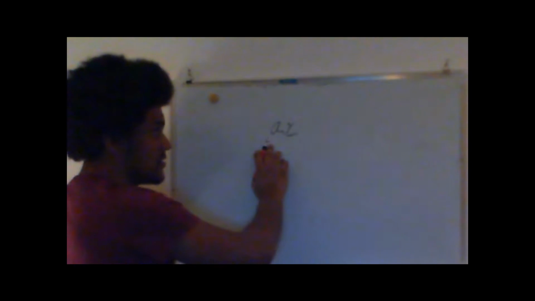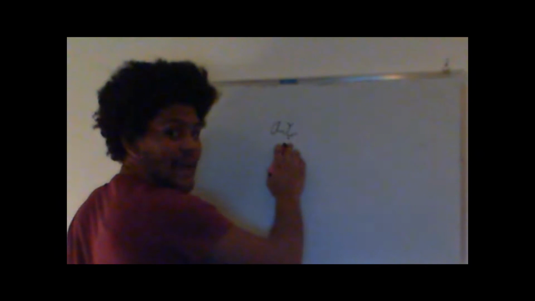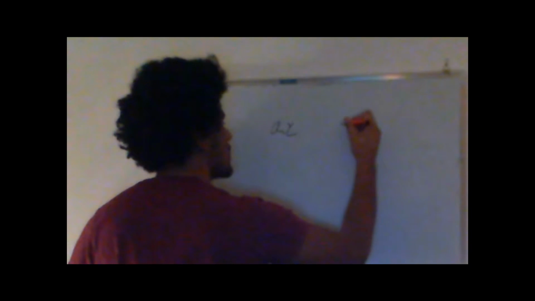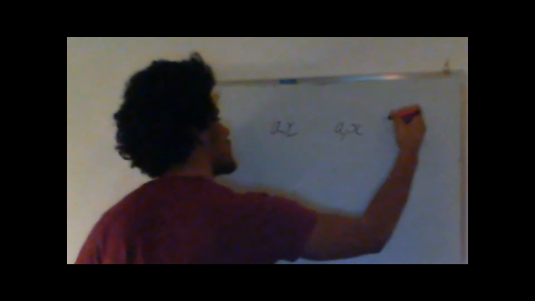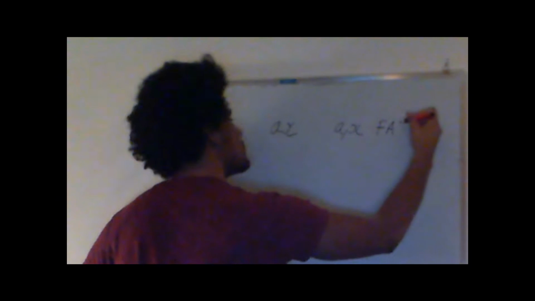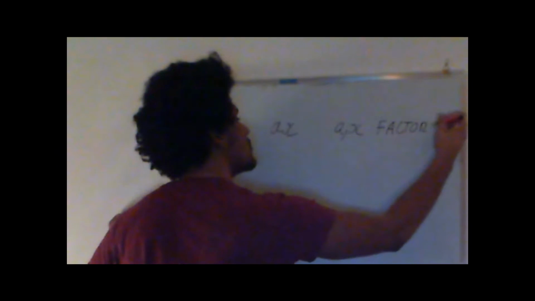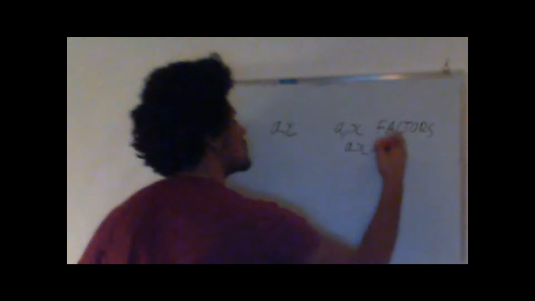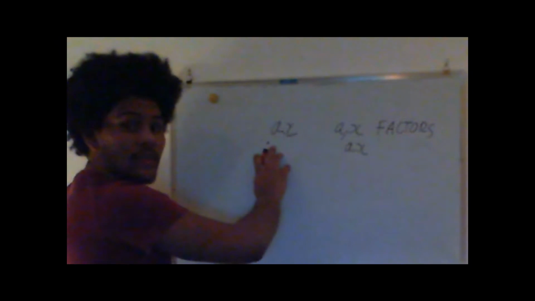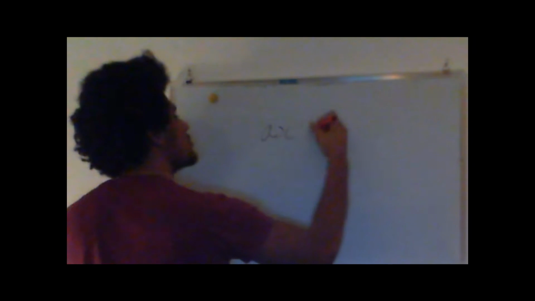Now if you look at a simple expression, such as ax, where a is a number and x is a variable, well, because it's a times x, then a and x are both factors of the expression ax. And this is a very useful thing, because if you imagine the expression ax plus ab,